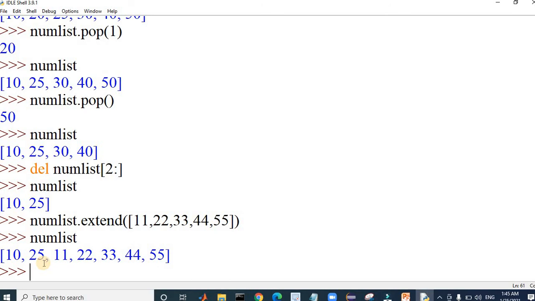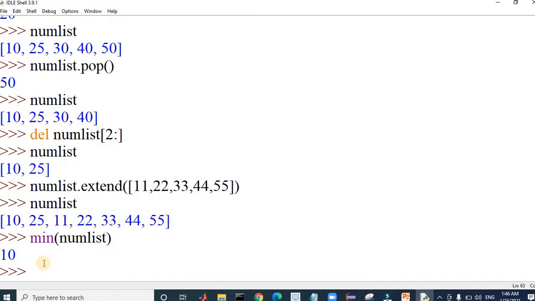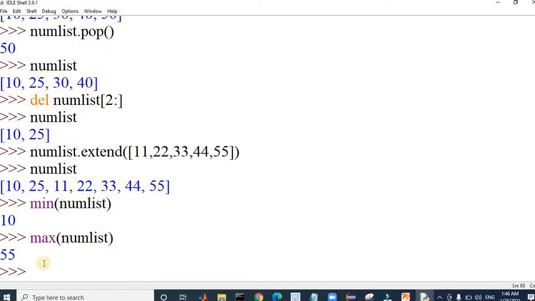So similarly, we have other functions to fetch the minimum number, maximum number, to find the sum of all elements in the list, and also how to sort all the elements in the list. Let's see how this works quickly. We can use the max function, say we will use the min function first. I'm using min of numList. It fetches the minimum value from the above list with name numList. Let us see how to fetch the maximum element. For this we need to use the max function. It fetches the maximum value 55 from the list.